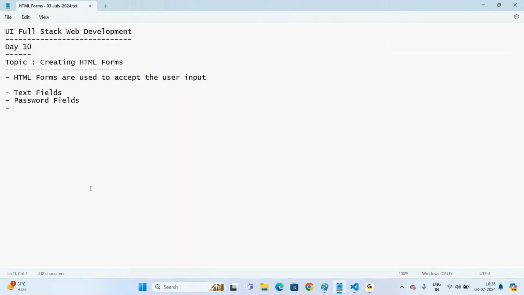We can accept in the form of text area. So mainly text area is to accept addresses, multiple lines of text. Whereas text field is only a single line of text. Even password is also a single line of text. So when we want to accept the data in multiple lines, we go with text area,